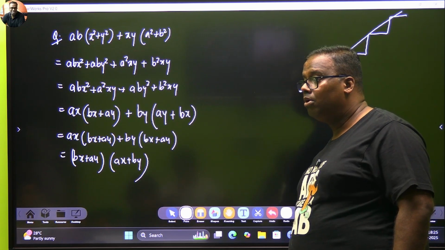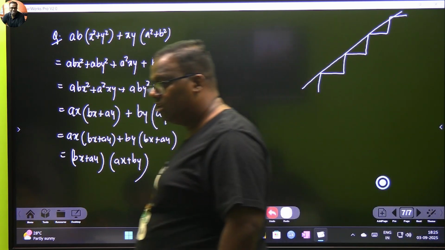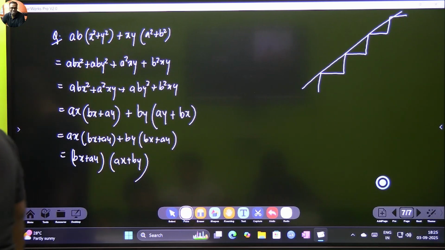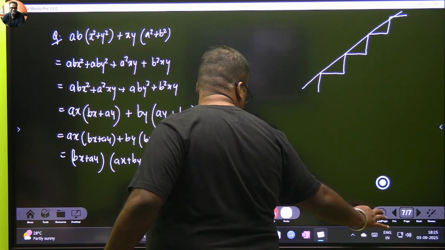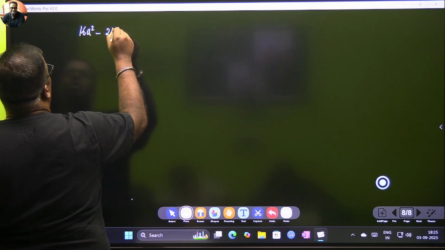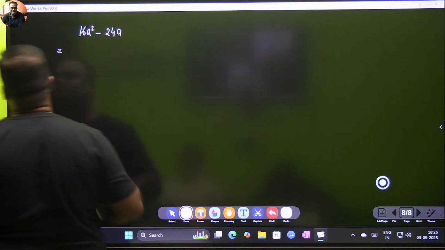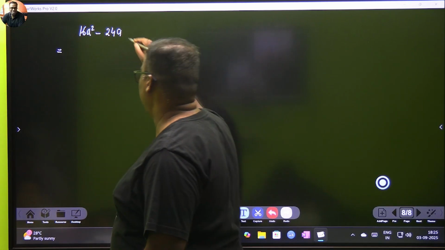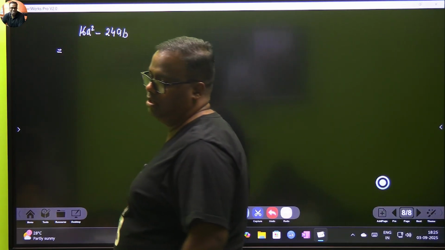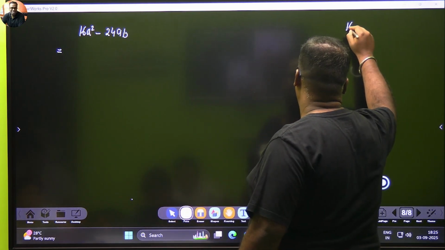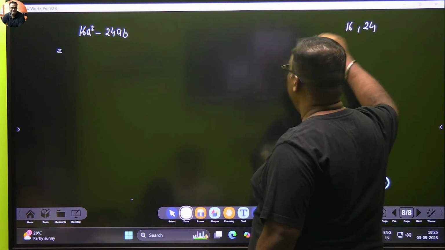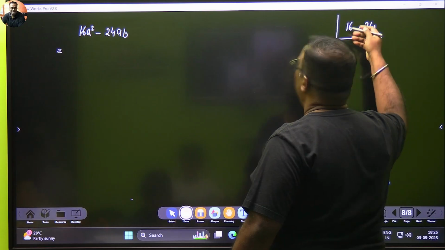Second bit, first bit. Which exercise are you doing? Second question, first bit. What is the question? 16a square minus 24a. Start thinking between 16 and 24. Between 16 and 24, what can you take common? 8. Otherwise, you do the HCF. 16, 24. Don't talk. Between 16 and 24, try to do the HCF.